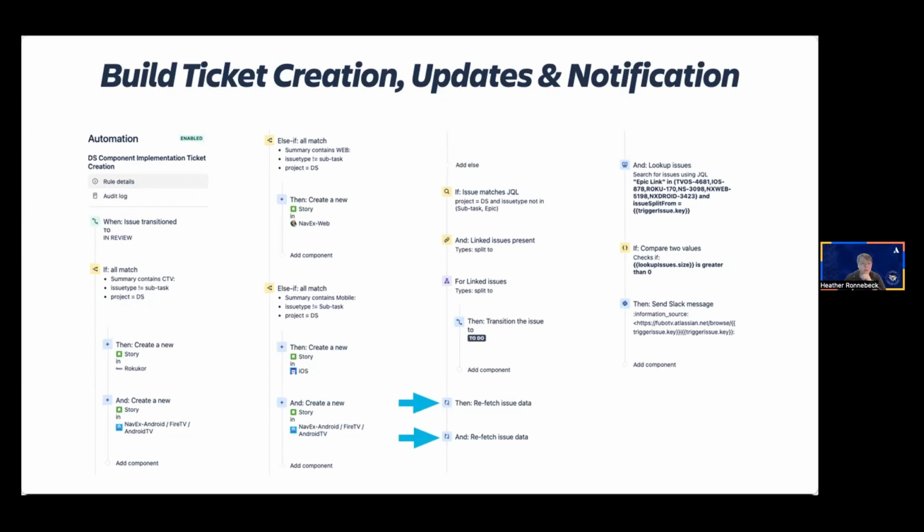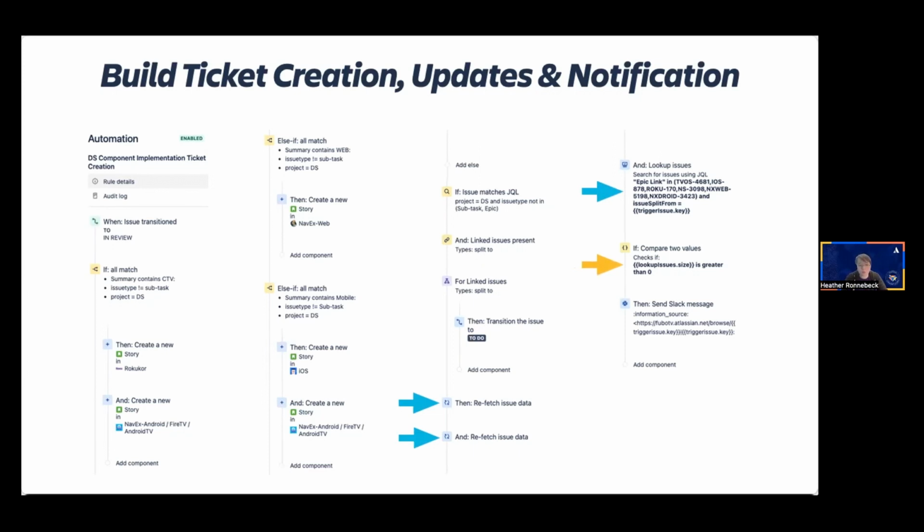Once we were done with that, we asked the automation to do a lookup of all of our newly created tickets by looking at the epic links where the front end tickets were added. This was because all the tickets must be part of an epic for this client's particular larger initiative. I also looked for the issue linking that ties these tickets back to the trigger issue. Once it completed the search, the automation then compared the number of results.